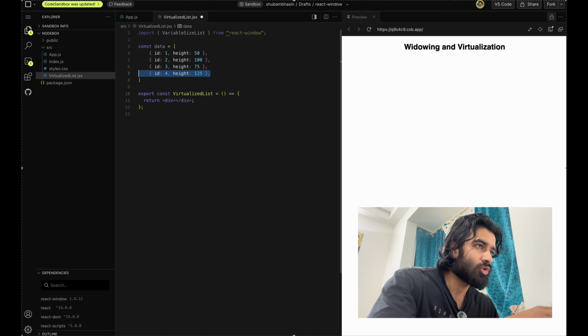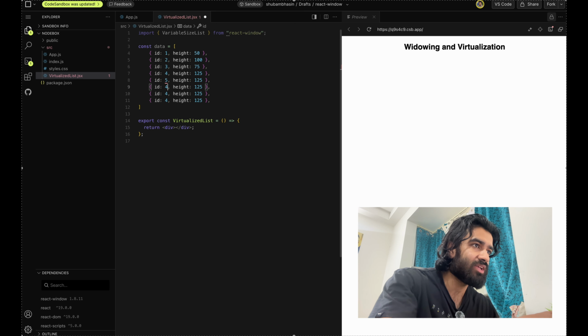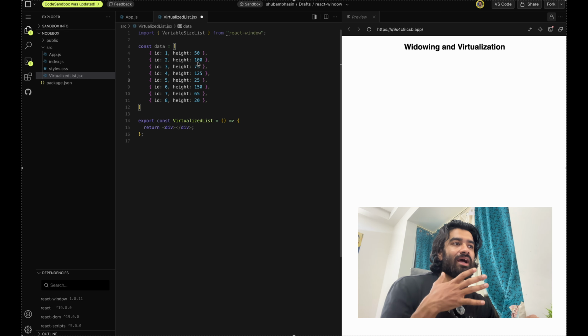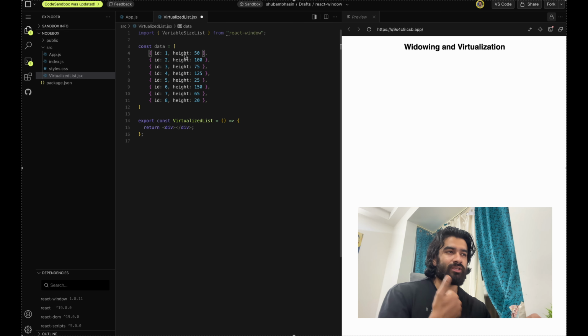I'll just copy this once and paste it a few times. So 4 is here, then we'll put 5, 6, 7, and 8 over here. This is 125, this is again 25, this is maybe 125, this is 220, or maybe 140, 150. This is going to be 65, or this is going to be 20. So you can see these are the list items that we're going to render, and this is the height that